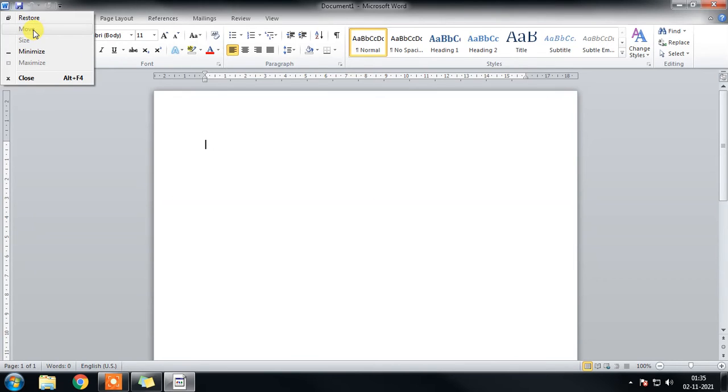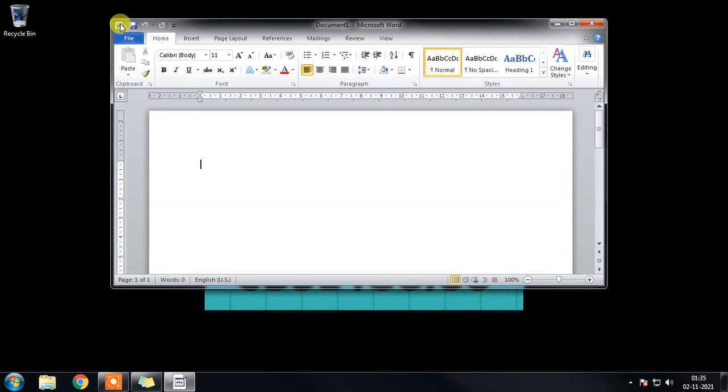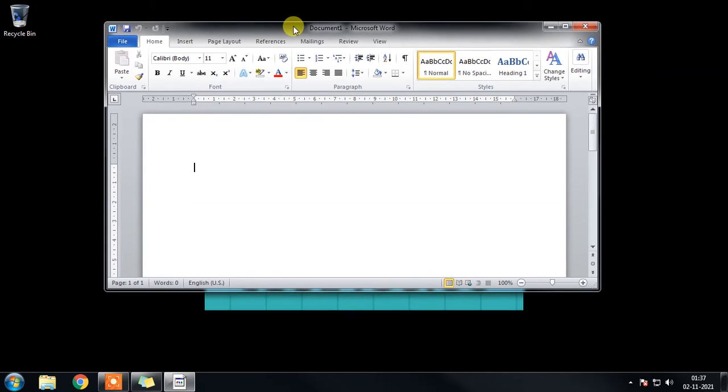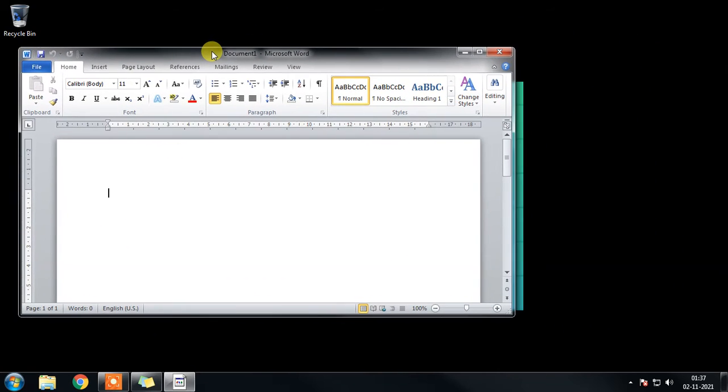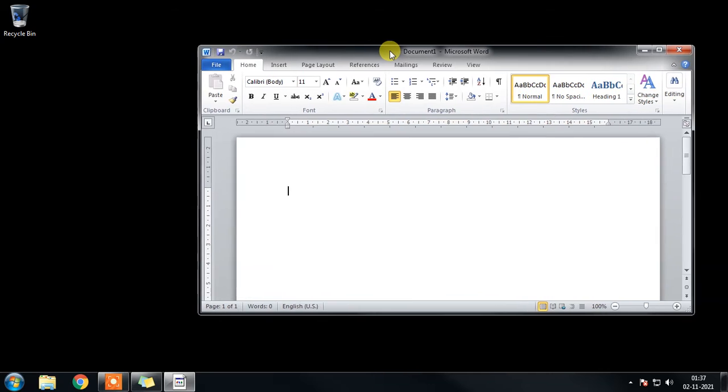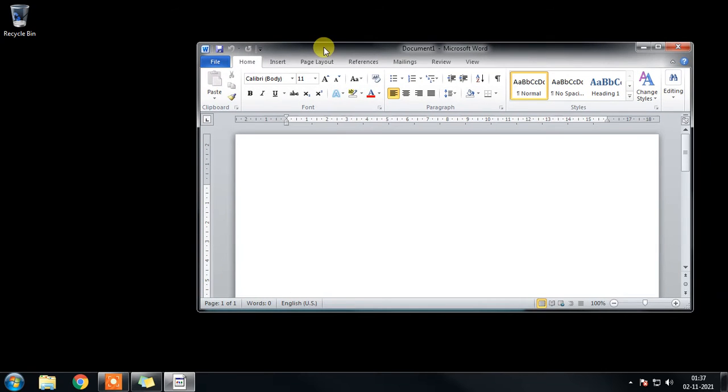First let's restore the window. Now let us see, these two are active now. Before using these two commands, let us see this first. When the window is not in full screen mode, by clicking and holding the title bar with the mouse, we can move the window throughout the screen. We can place the window at any place. For this, we have to place our cursor in this free area, here or somewhere here. We should not click on any icon.